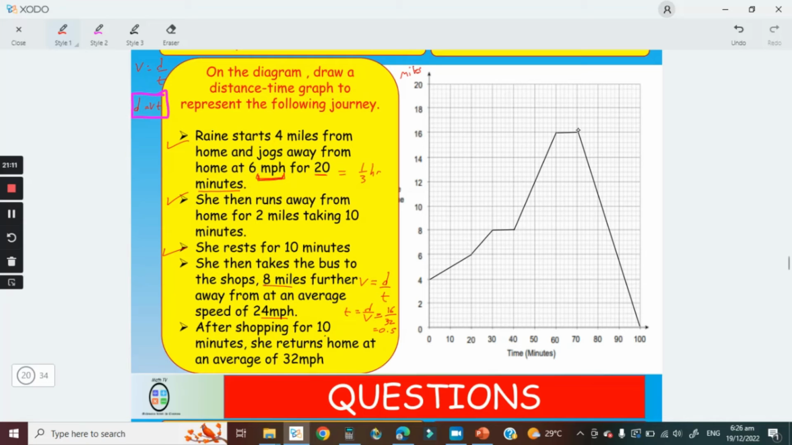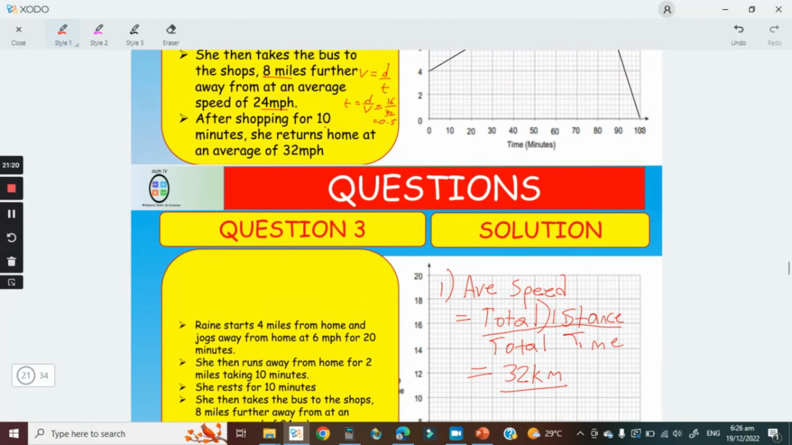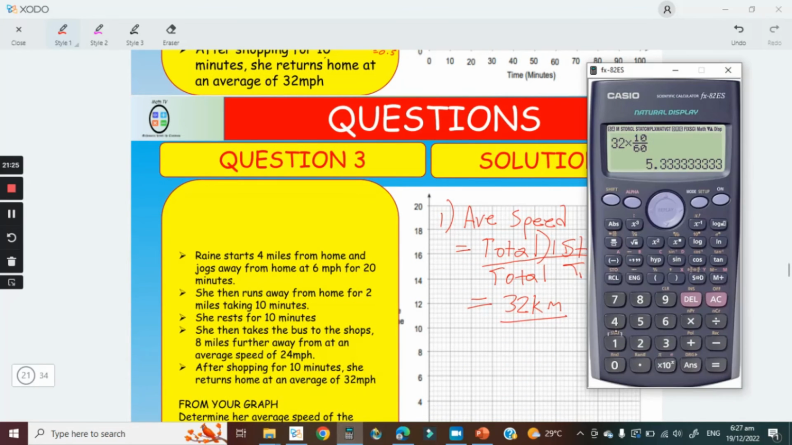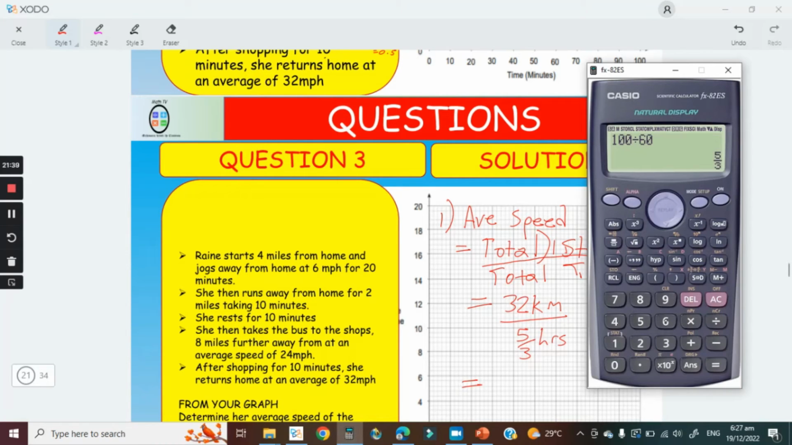well, the total distance, she went 16 kilometers up and 16 kilometers down. So that is really 32 kilometers to travel. And the total time was 100 minutes. But you can't work with minutes. You need to convert it to hours. 100 minutes, you divide that by 60. And so the total time is really 5/3 hours. So now we do the division, 32 divided by our time in hours, and we get